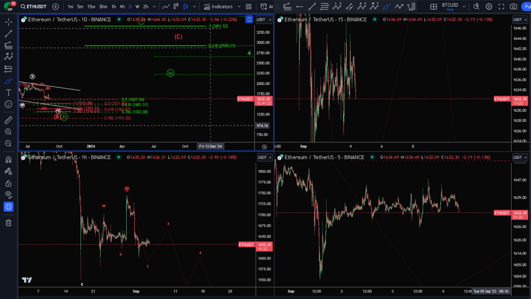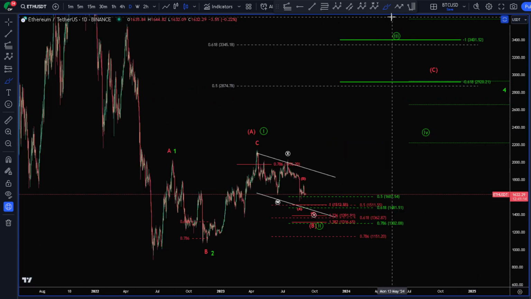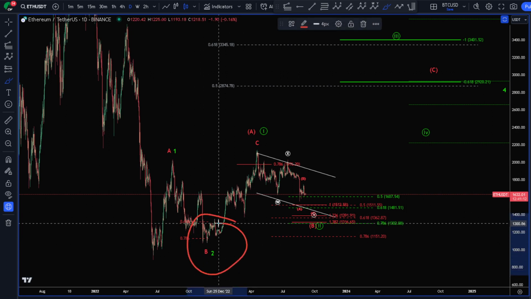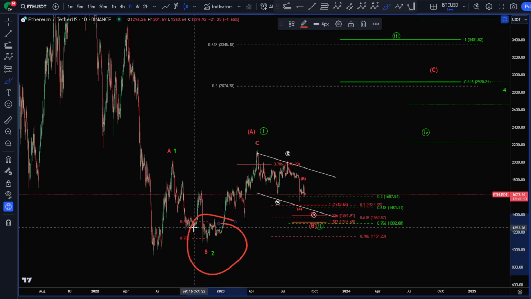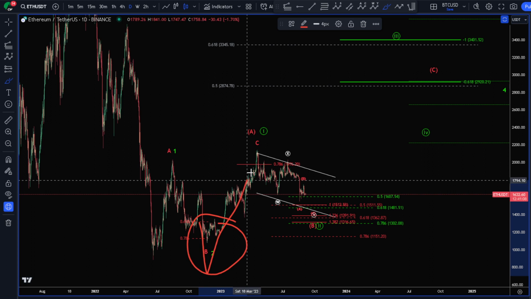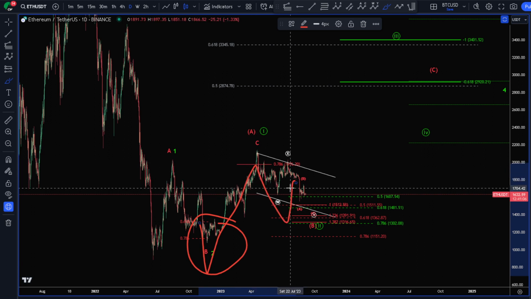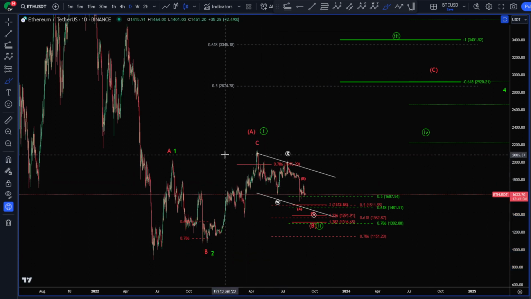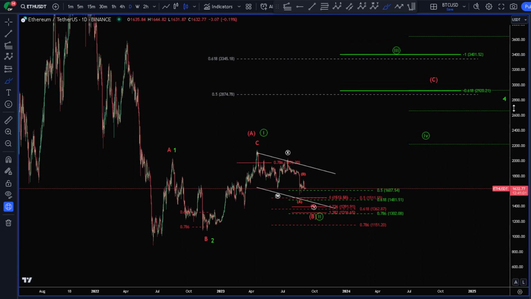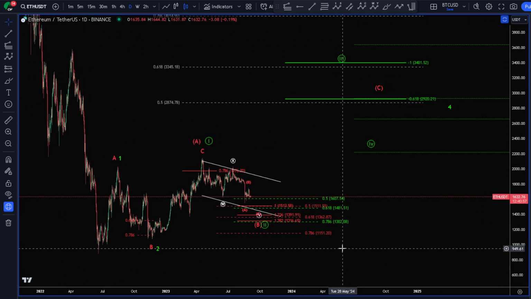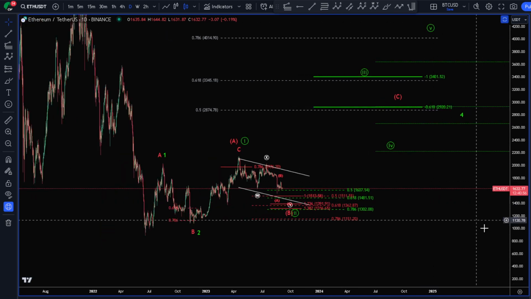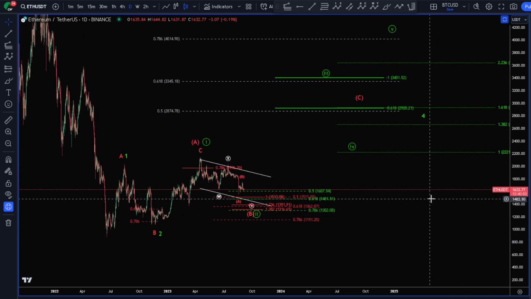I'm going to be looking over Ethereum right now on the daily all the way down to the 15-minute. First of all, I wanted to point out a pretty big major difference between Bitcoin and Ethereum. So Bitcoin made a new low here where Ethereum did not on this pivot. Bitcoin made a new low and it just has this current one wave here. So that opens us up to the possibility that Ethereum can outperform Bitcoin over the rest of the year going